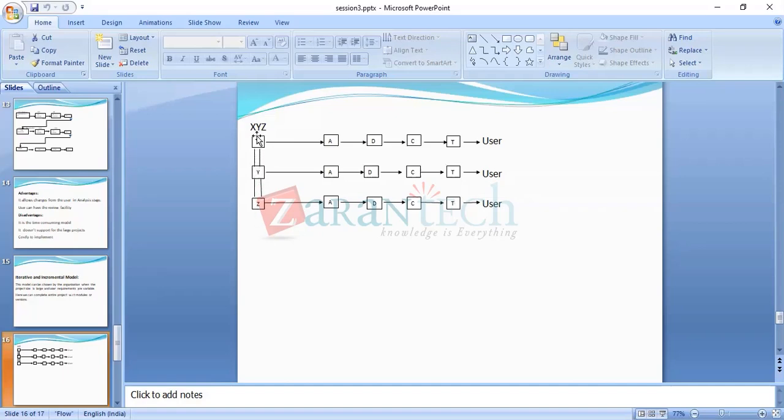Three modules. X, Y, Z is the project, and in this, multiple modules are there: X module, Y module, Z module.